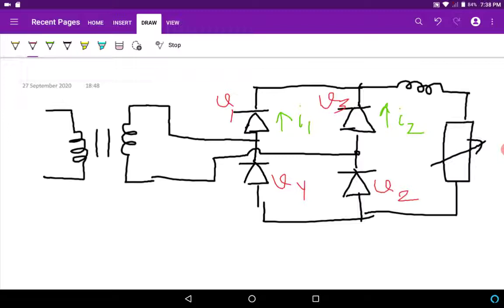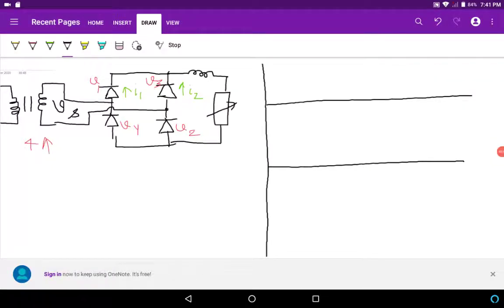Now we'll see what the advantages of this particular kind of rectifier are. It has better transformer utilization, because the transformer is used in both the half cycles. If you recall, in the last lecture when we saw a center tap transformer, the transformer was not fully utilized in each half cycle, whereas it will be utilized in this case. However, the problem is that there are four valves, so the number of valves is more. That is the drawback. Now we'll draw the waveforms and try to understand this better.